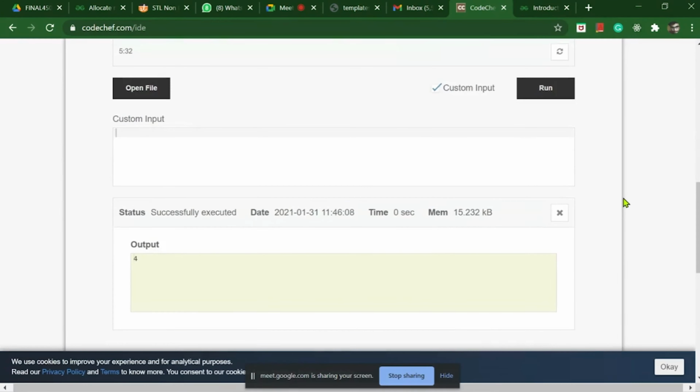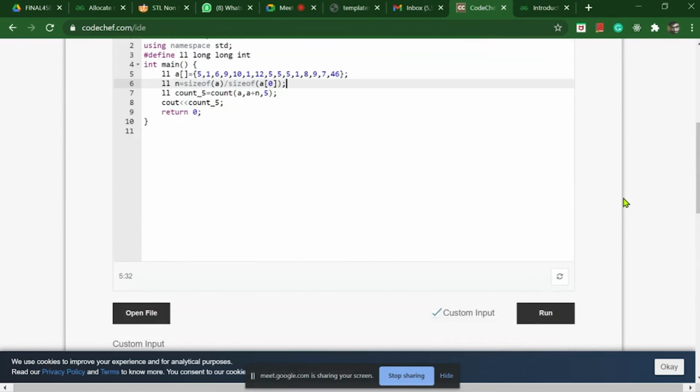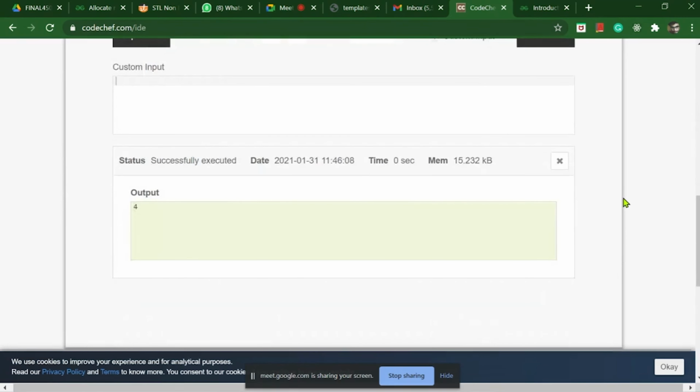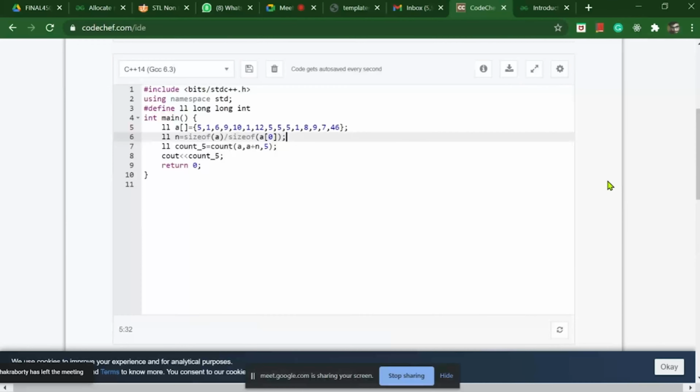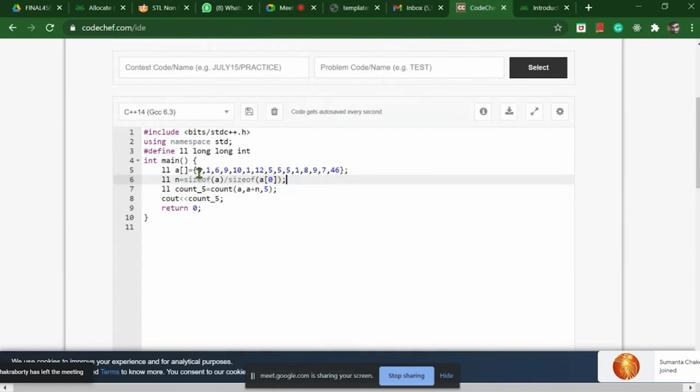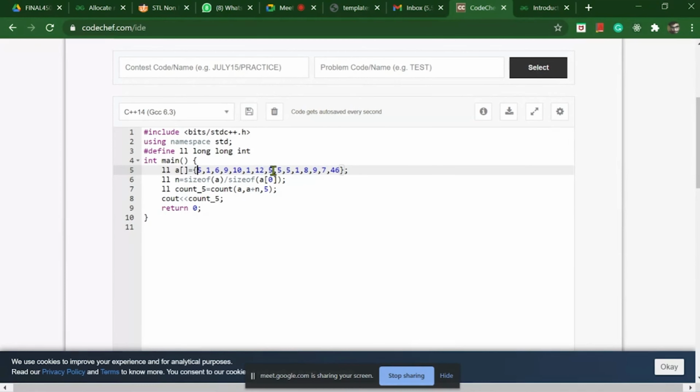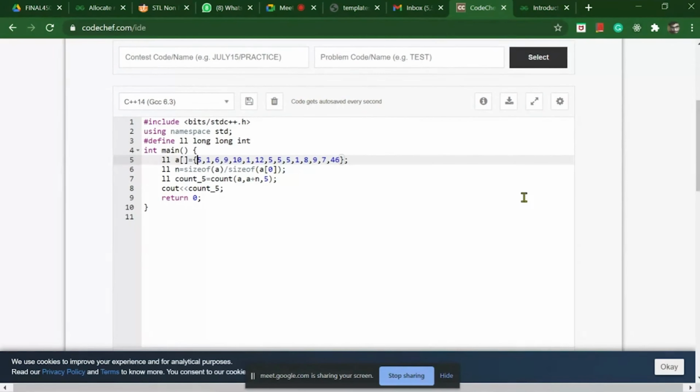You can see that the number of occurrences of 5 is 4, and the output printed is also 4. As you can see, there are four values of 5, which is 1, 2, 3, and 4. So this is how a count function works.